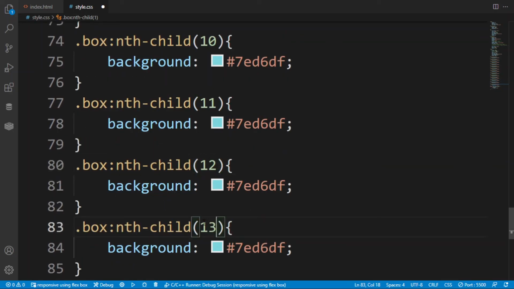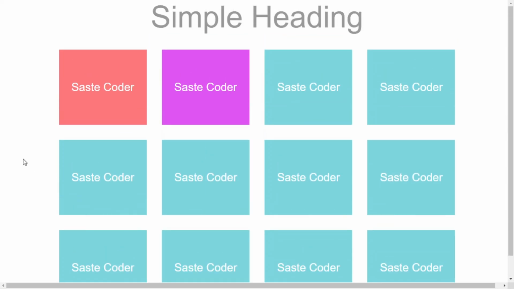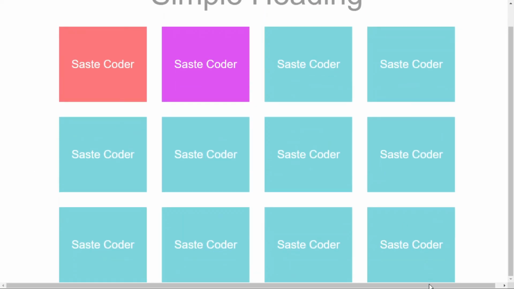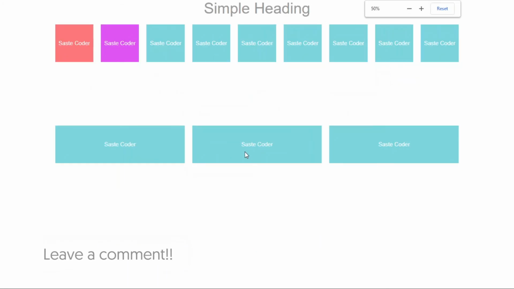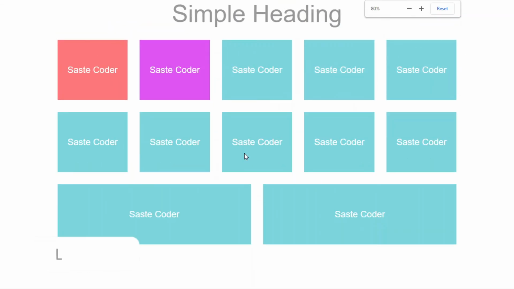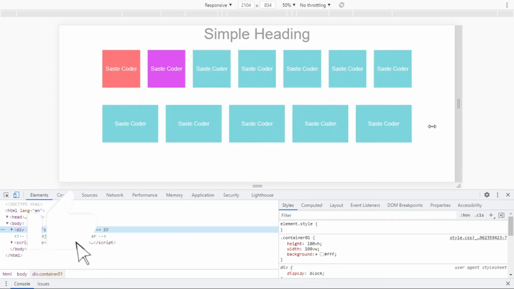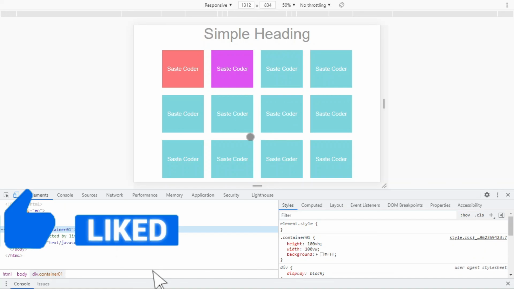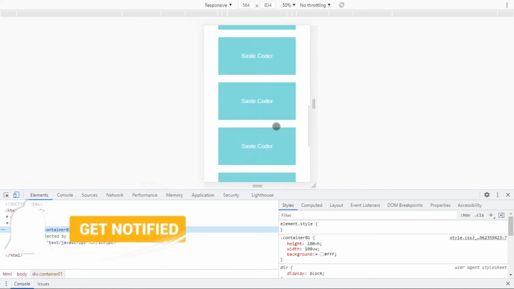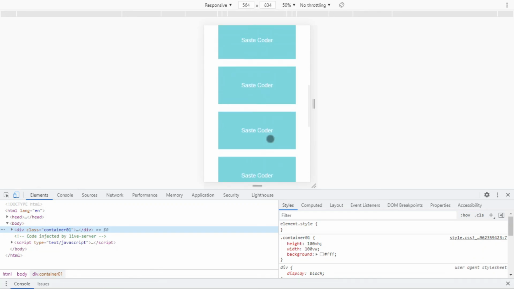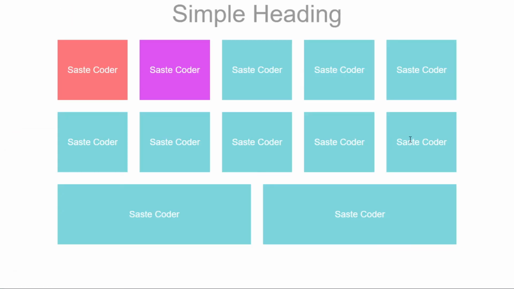So after saving it, here this will be the last one, that is 13. So these are the divs that we have created in the 70vh. They have adjusted themselves according to the width. As you can see, when I shrink the screen, they change their width as desired. So when I have shrunk it, this has turned into 2 columns and 1 row. So this is the preview of the responsive layout that we have created till now.